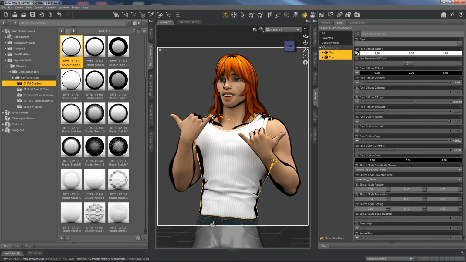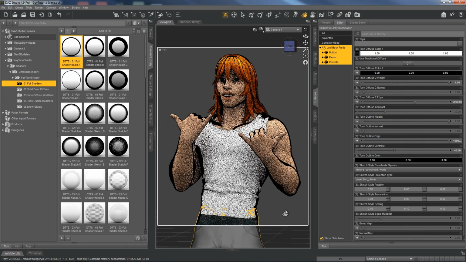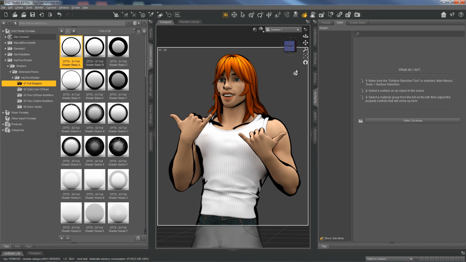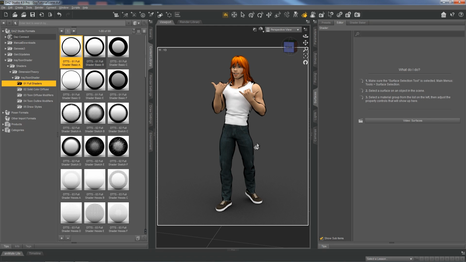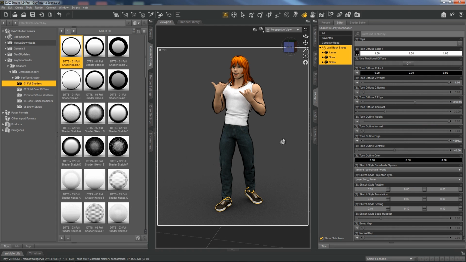After we're done there, we can move on to the pants and apply the same preset to all of the surfaces there. At this point, everything within our viewport is pretty well toonified, but I do know that he's wearing a pair of shoes that we need to apply these presets to. If you know that the shoes aren't going to be in your scene, there's not really any reason to apply the presets to it, but I just get used to doing the whole figure and all the clothing that he